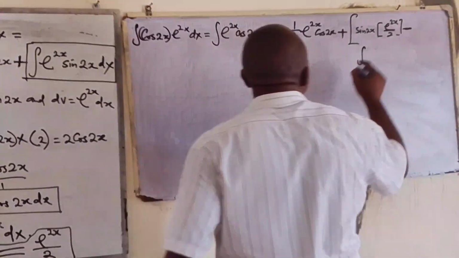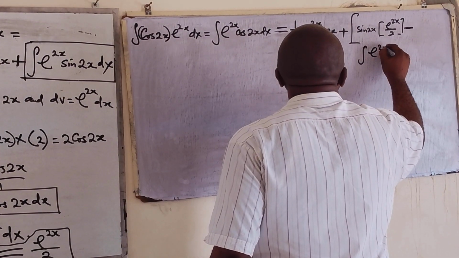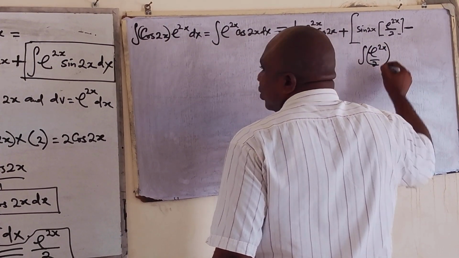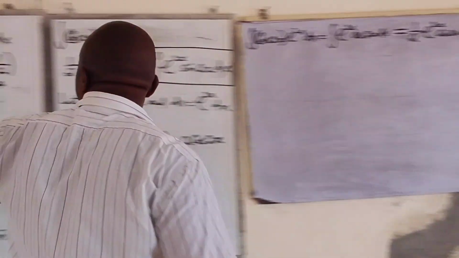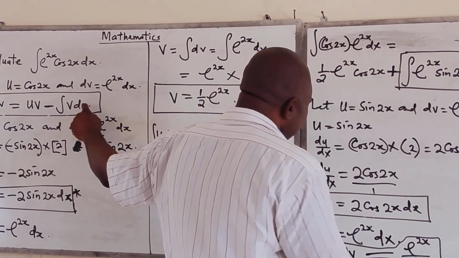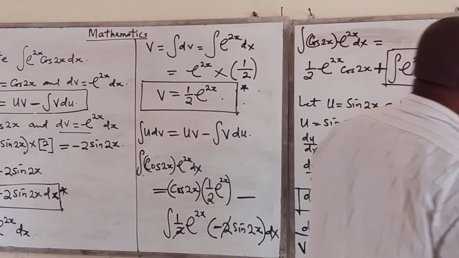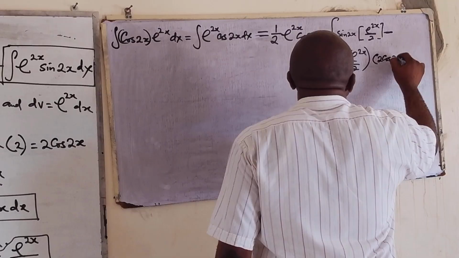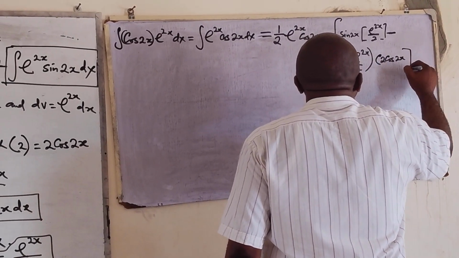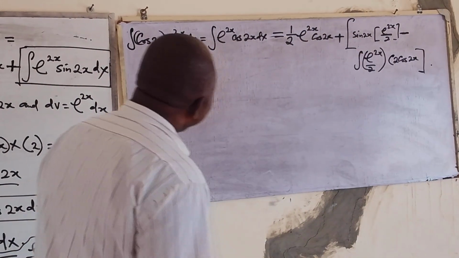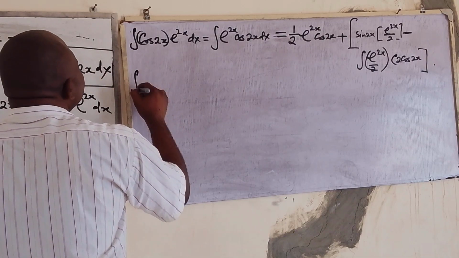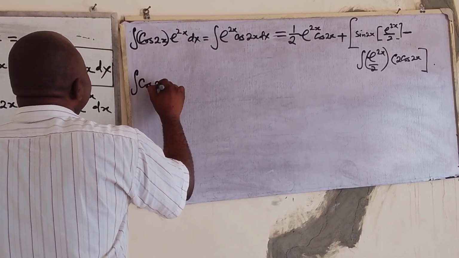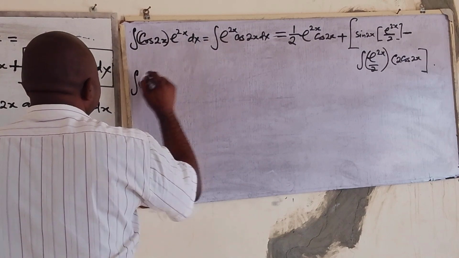Yes, we have v equals e raised to the power of 2x all over 2. Yes, that is for v. Then now the value of u, our du is 2 cos 2x. So here we have 2 cos 2x. Then close the brackets. So it means in this case, the integral of cos 2x, or since we'll start with this,